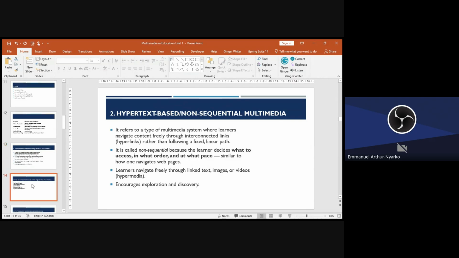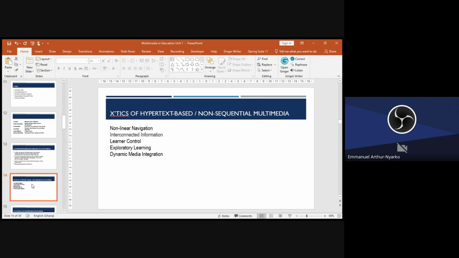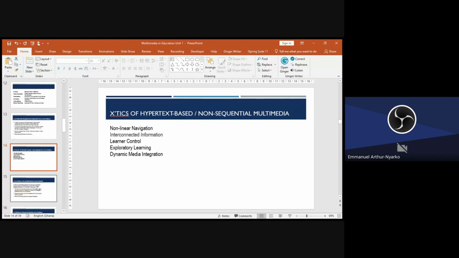These are the characteristics: it has nonlinear navigation, it has interconnected information, learner control is very high, exploratory learning is found, and it has dynamic media integration. So that is for non-sequential multimedia, or the hypertext based.